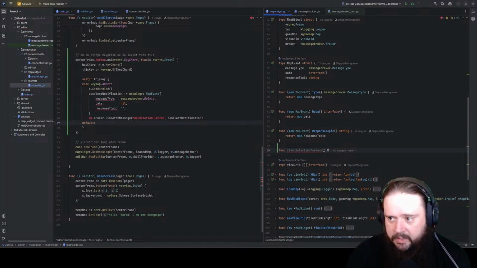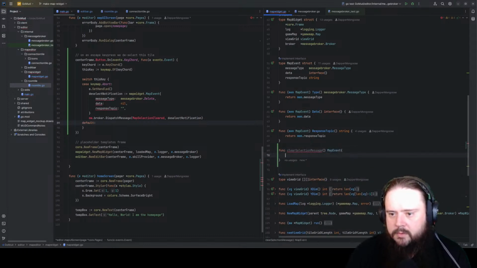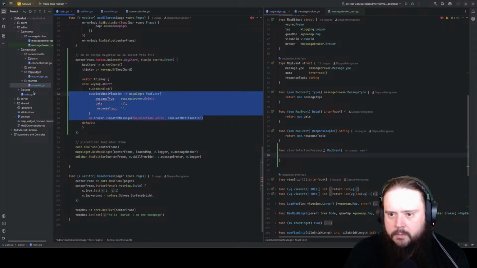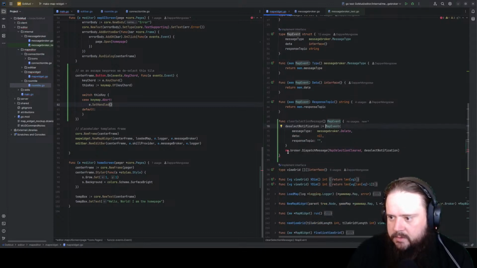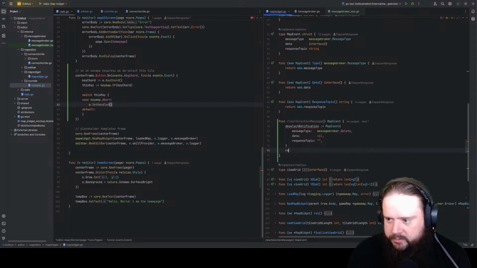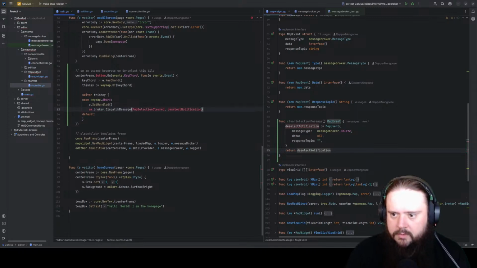And this returns a map event. We really just care about the event triggering here, so we can do that. This doesn't need to be that. This has to come back. We just need to return that. Except for you are just